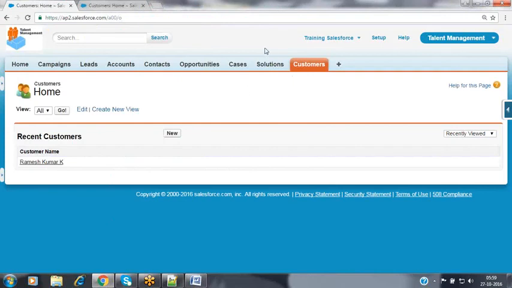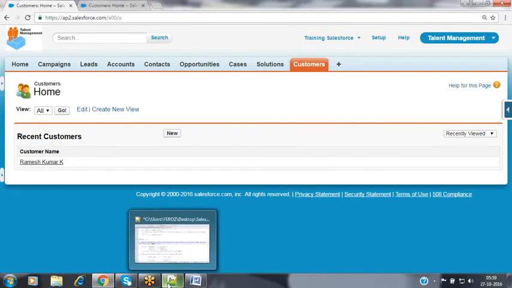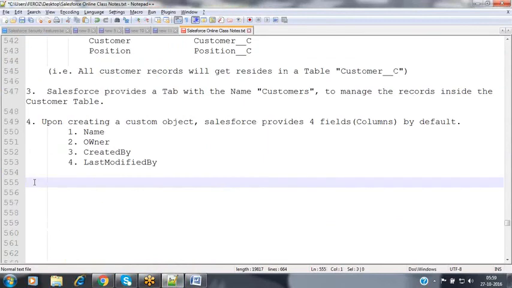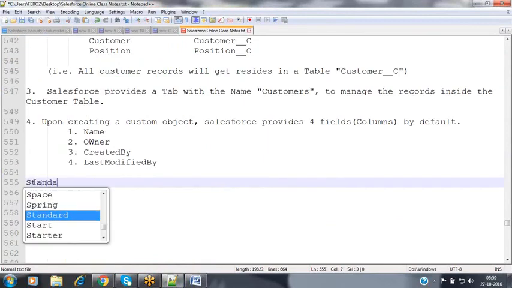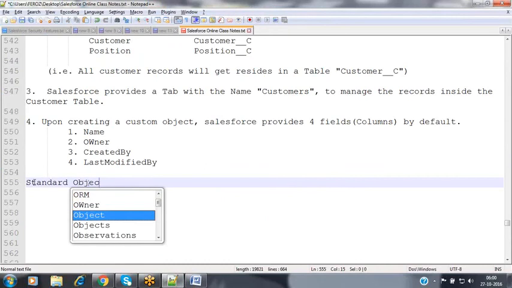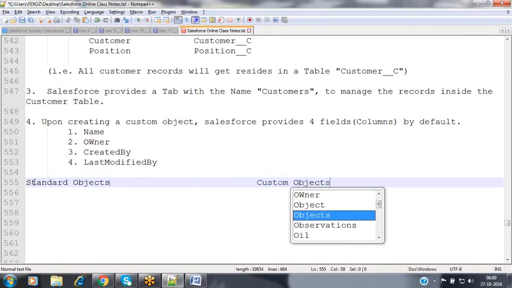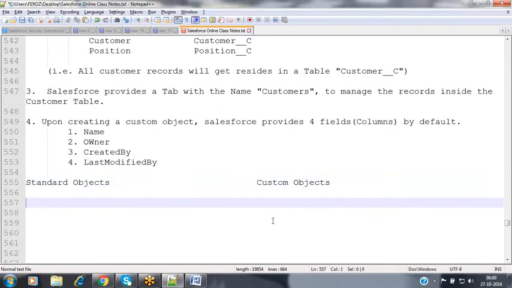When you go to the standard objects, okay, you don't have any option to remove. Okay, now let's see here. Now let's see. We have standard objects. We have custom objects. So what exactly is the difference between these standard objects and the custom objects?